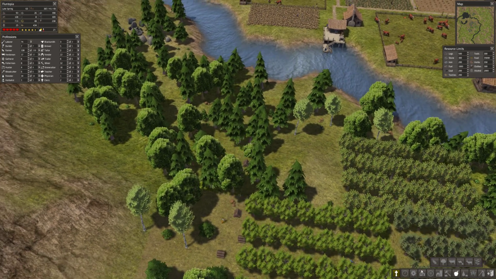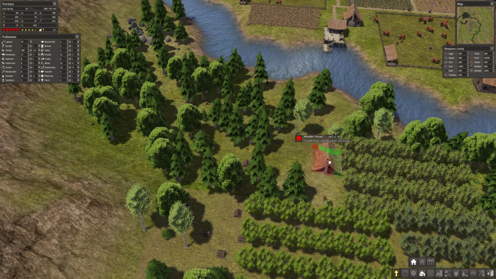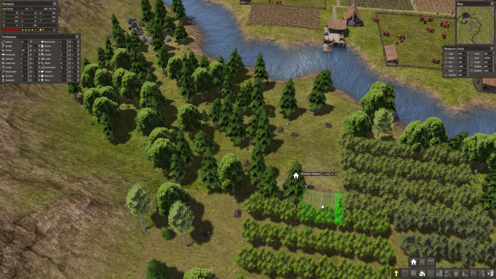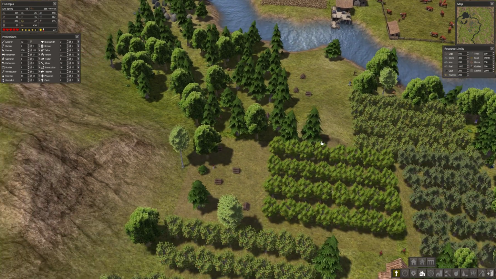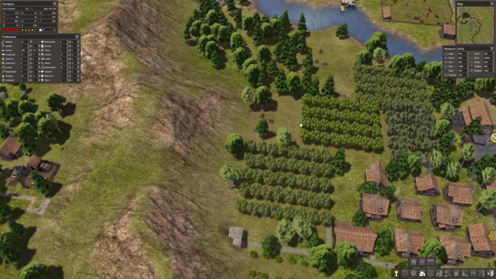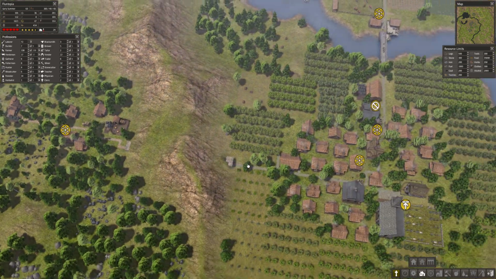Something like this. And can I? Oh, it would be nice to have a home here. Oh. Train does not allow it. Although I can build one here. Always nice to have some smaller fields. Some frame drops. Probably I've